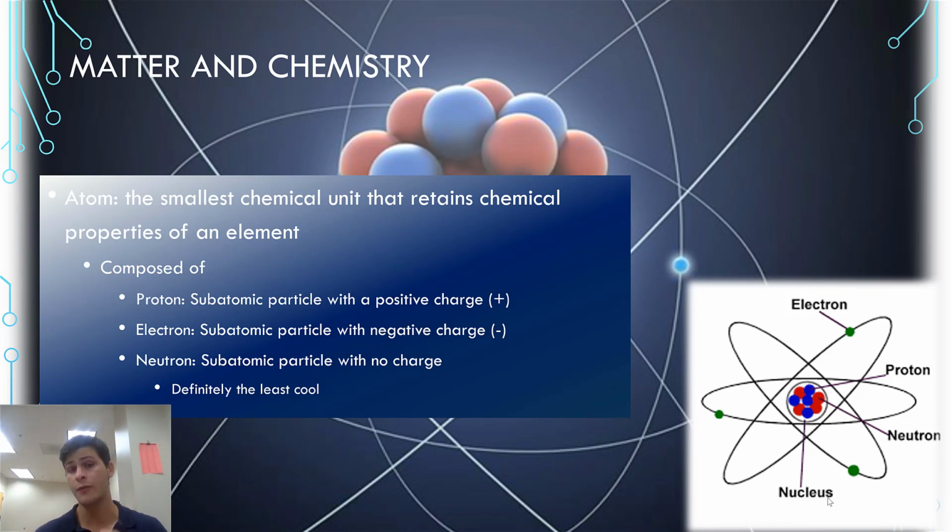Now, the protons and the neutrons are in the nucleus or the center of the atom. That's going to be the center that you see on the little diagram on your right-hand side, whereas the electrons spin on the outside of the atom and they're sort of in the periphery. Again, refer to the diagram at the bottom here on the right-hand side if you want to see how an element is composed in the basic fundamental principles. Now, usually the electrons are displayed more recently in more of a cloud because their trajectories are a little more ambiguous than just these ellipses that you see around here, but this is basically how an atom is composed and